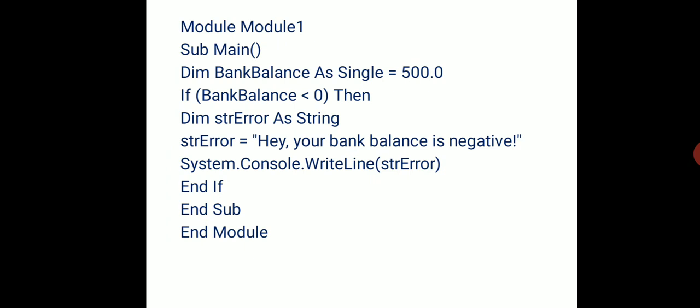Okay, so see, dim bank balance as single is a statement. Okay, and if to end if is a block of statements. So here also dim str error as string is a statement, and str error equal to your bank balance is negative is an assignment statement. So it is a complete instruction. Okay, a statement is an instruction. Here also in this piece of code we have so many statements, that is dim bank balance as single, or dim str error as string, str error equal to the assigned string, and System.Console.WriteLine is also a statement. Okay,